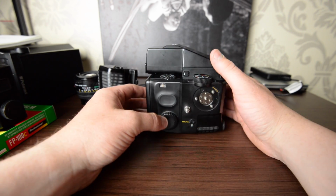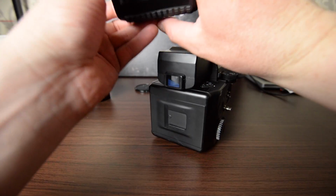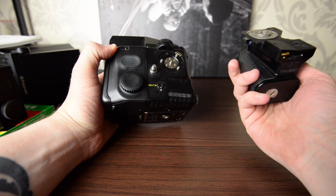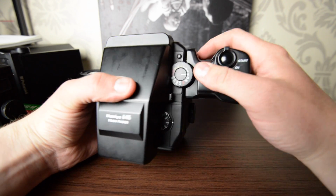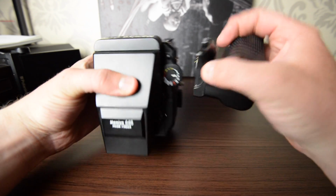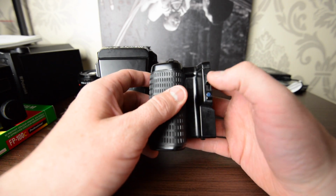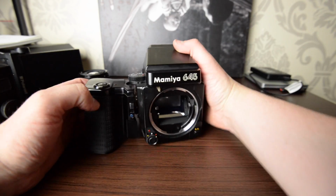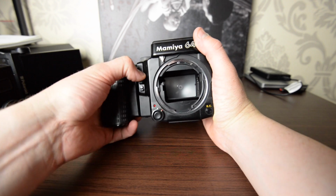So putting it back together is about the same as taking it all apart. I've already showed you the magazine, and I told you how to put the prism on. We're going to put the grip back on. You're going to want to line this up inside of here, which is not hard at all. You just take it. Okay, and you've got to ensure that this is up, by the way. This right here, this little lever that I was talking about, when you had to push down on it, it has to be up before you put it on. So I'm going to try to put it on backwards so I can show you. Alright, so it just pushes in and you pull down and it locks into place,